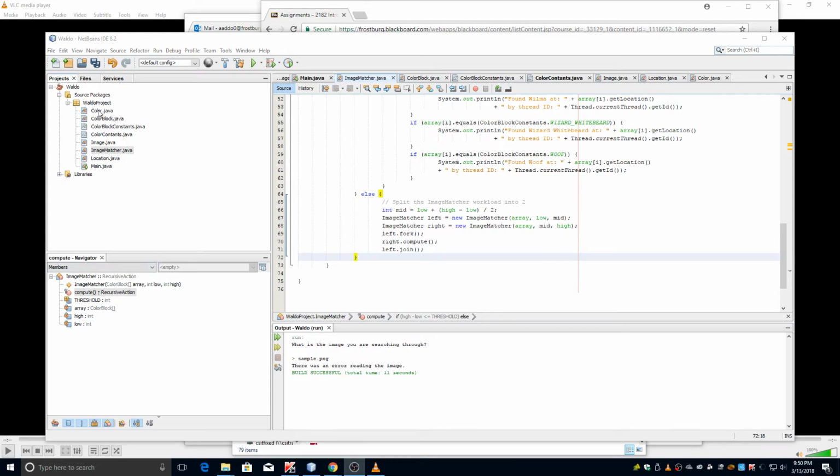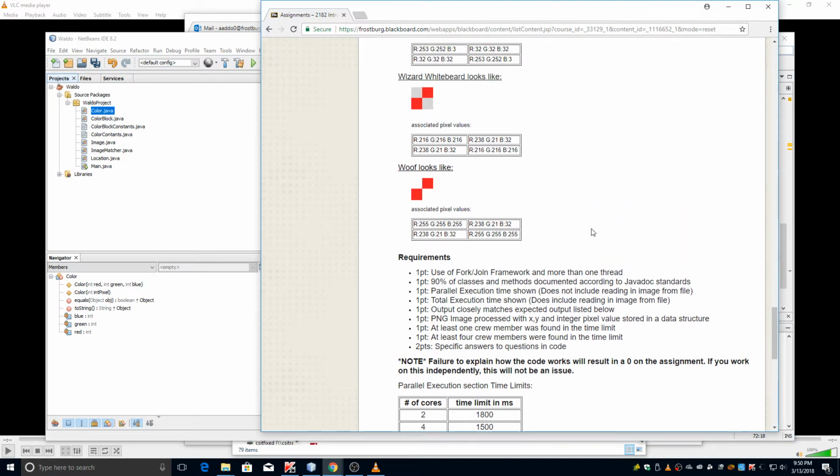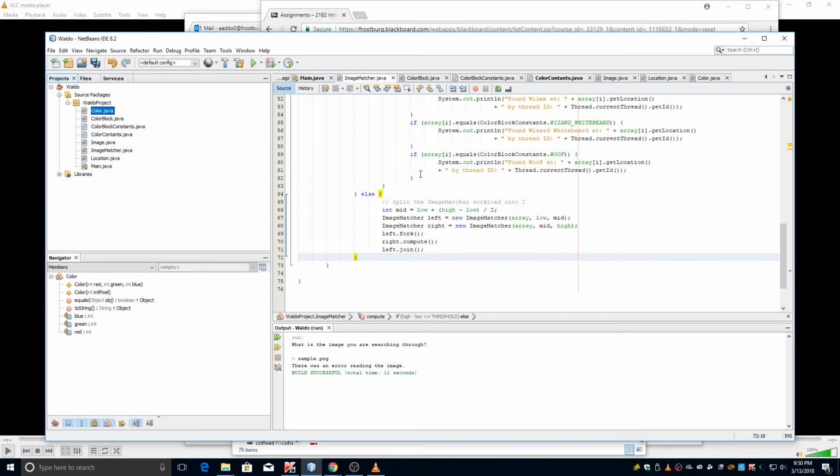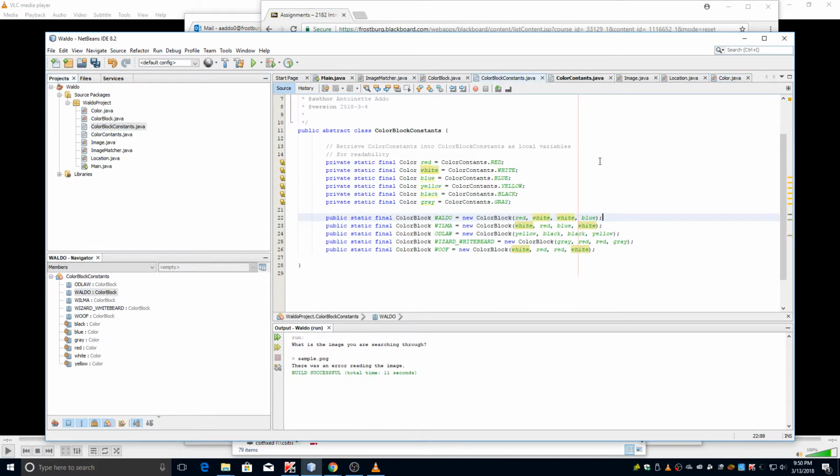Hi everyone. So today I'm going to be walking through my code on how to use the fork join framework to run on more than one thread. For my Waldo project, first I set the different color constants with the color block constants. Here we have the different colors that the thread is going to loop through to find Waldo, Wilma, Odlaw, or